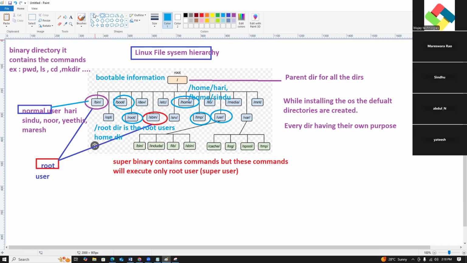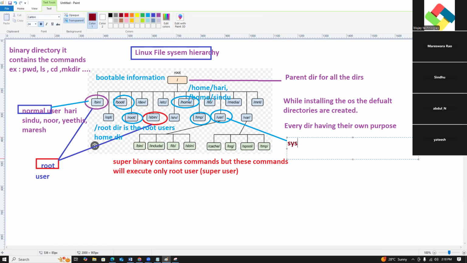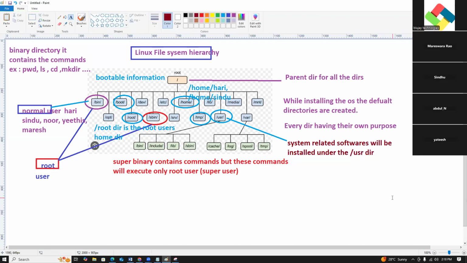The system related software will be installed under the slash usr directory.